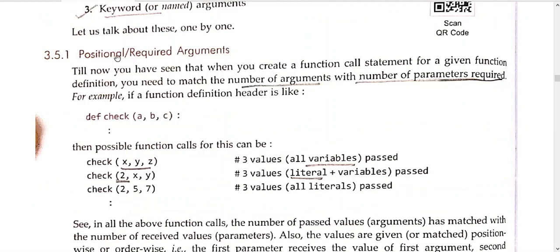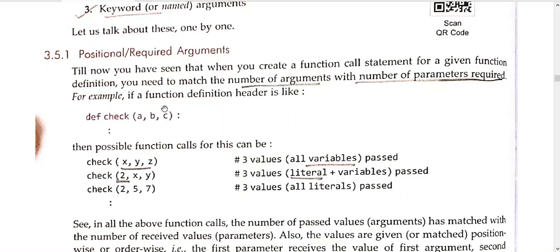First is your positional or required argument. Actually, why it has been named positional, because the position of the argument inside the definition as well as in the function call matters a lot. You cannot change the position. If you want to supply the value of a variable, then in the function call it should be placed at the very first position.